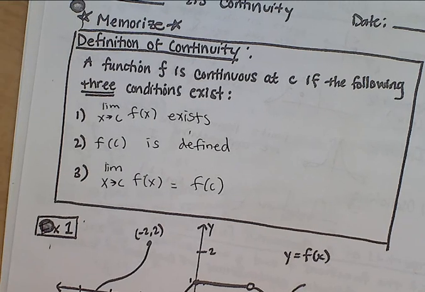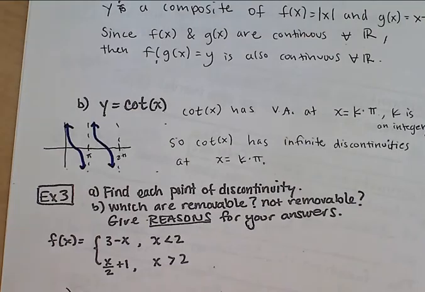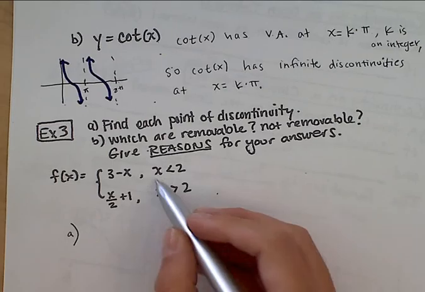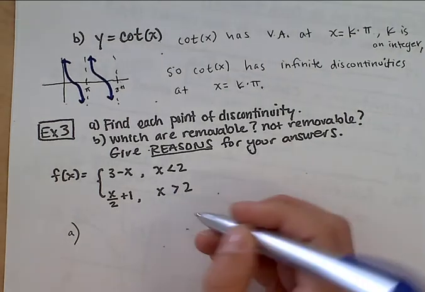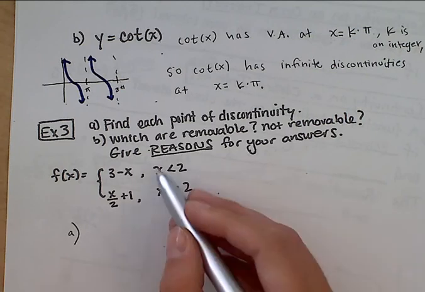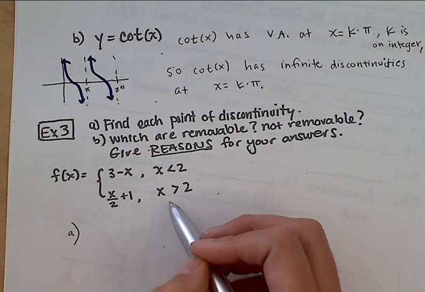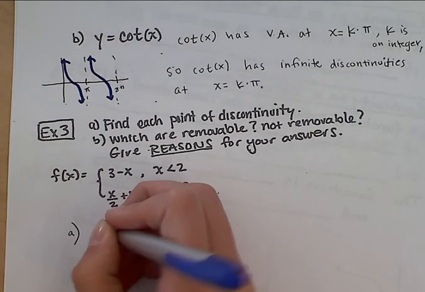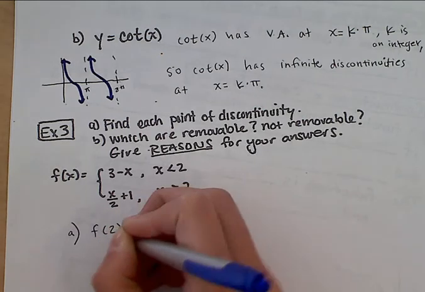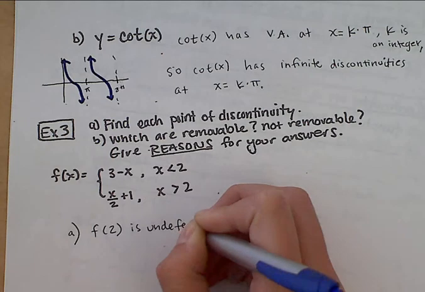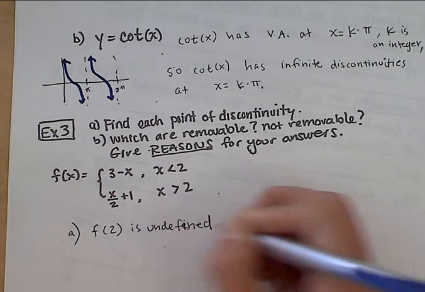So I can really quickly look at this, and I notice that f of c does not exist, because here our c would be 2. So we're looking to see if it's continuous at 2, because that's where they might not be connected. And I can see that since f of 2 is undefined,